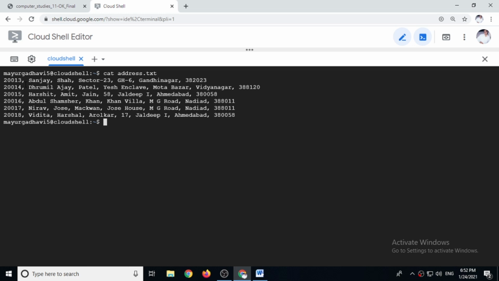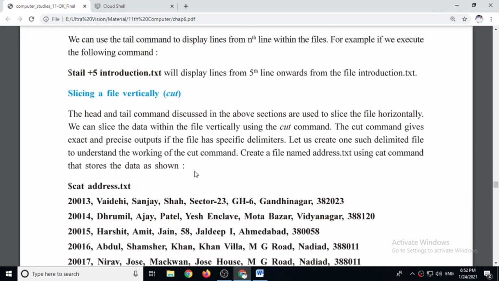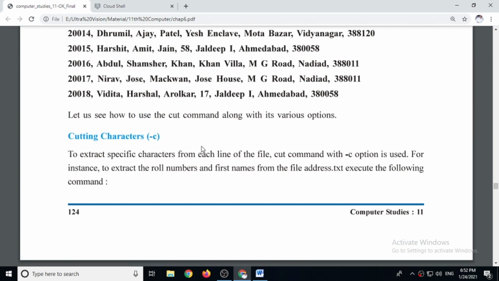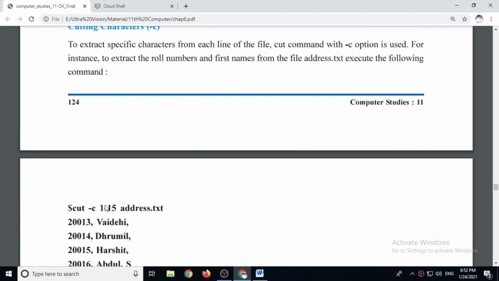So here this comma sign is known as delimiter sign. We have used comma as delimiter. So when you use -d option with cut filter, it means we have to specify which sign we have used as delimiter. And if you use -c option, then you have to specify number of characters that you want to display. So let's see the example.